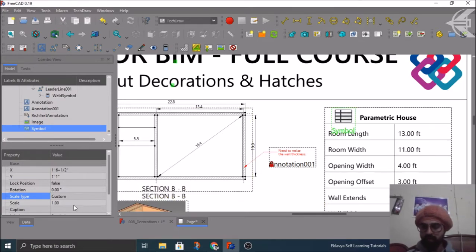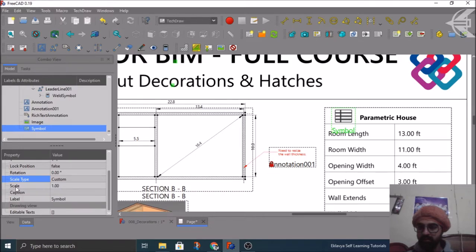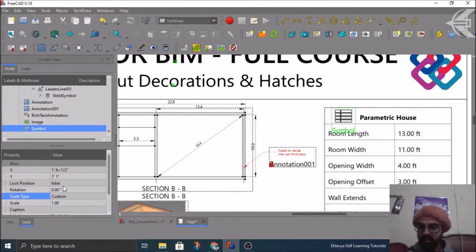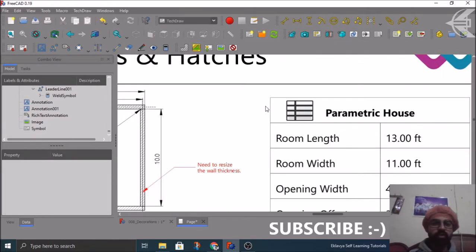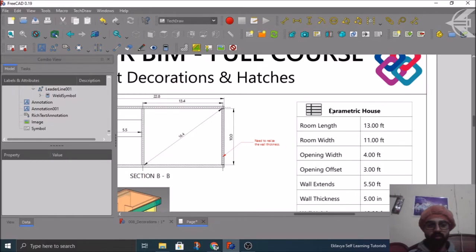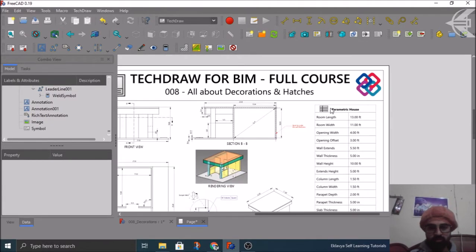Caption I need not give because this is just a symbol, or if you need you can provide it. And then I can finally make it position as true, lock position as true. Rest of things are pretty as earlier. And I can switch off the frame and I can see your SVG view has been beautifully placed. Okay, so this was your SVG view and the